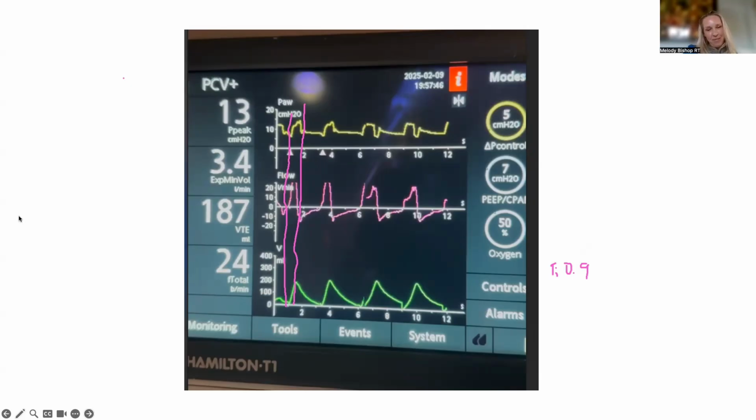A couple things. One is that in pressure control you shouldn't really have a linear rise in the volume. It should be an exponential rise, because theoretically when you start the breath you should go from your PEEP up to your set pressure, which should then stay there for a certain amount of time, i.e. your TI, which you set at 0.9 here, then drop during expiration back to PEEP. That's not what you have here. You don't have a nice upstroke in pressure. I don't know if that has to do with the rise time of the pressure. To be honest, I don't even know what would do that, because the only thing that gives you a linear rise is volume control with the square waveform. So that jumps out to me, number one.